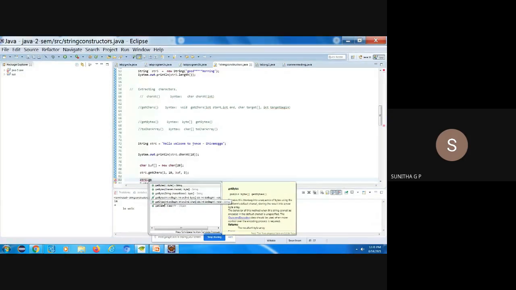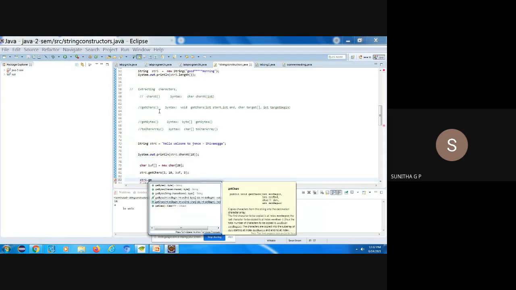Select it. Here we have the syntax: getChars(int srcBegin, int srcEnd, char[] dst, int dstBegin). Copies characters from this string into the destination character array. Here this is also a character array, but we are only storing the required length of a string, whereas toCharArray means we are storing the entire string as the character array.